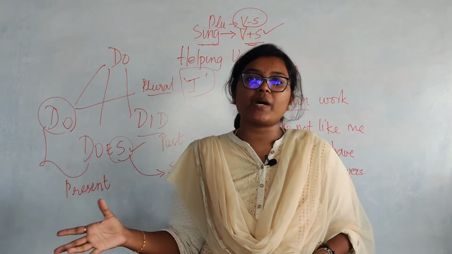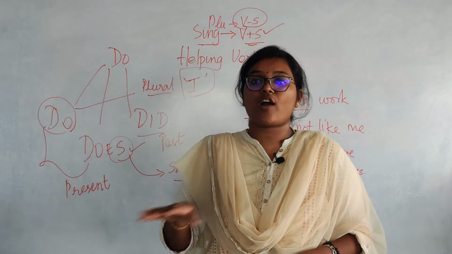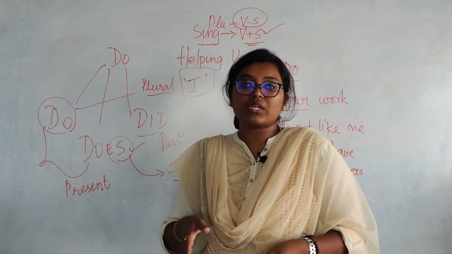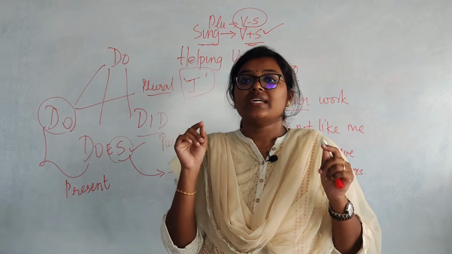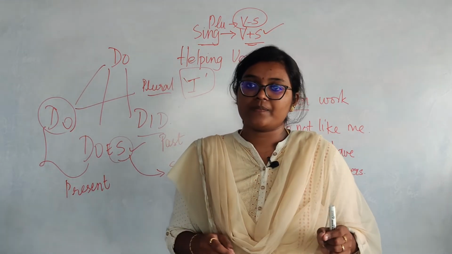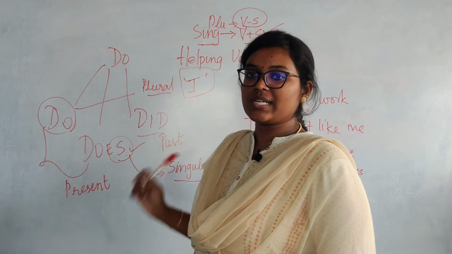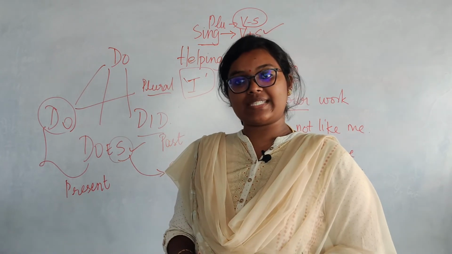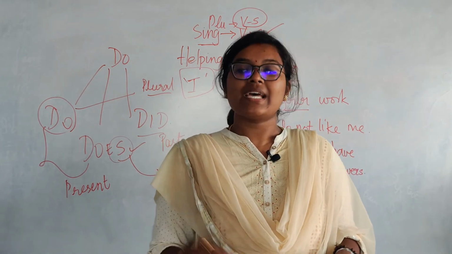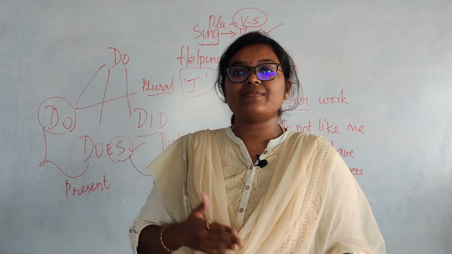If you're talking about the past tense, we generally use did. That's common, whether it is singular or plural. Did remains common irrespective of the noun. That's it with do, does, and did. In the next part of this lecture, we'll be looking at have form verbs: have, has, and